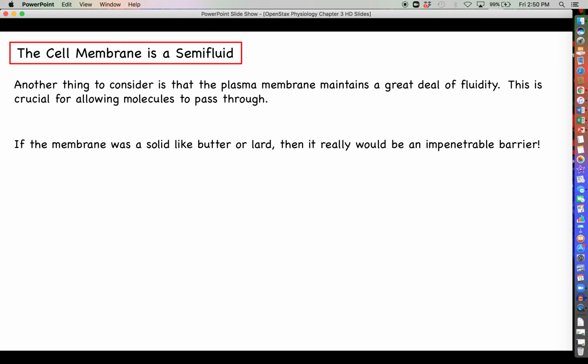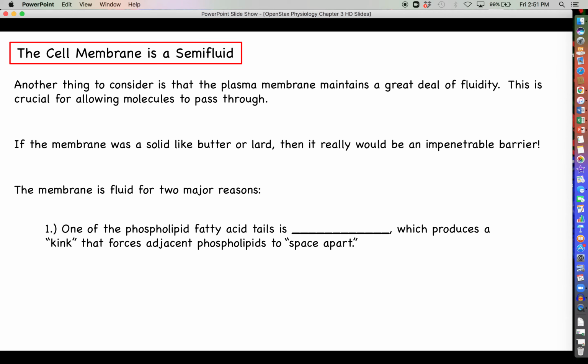Now, we do not want our membrane, which don't forget is made up of lipids, to be solid. We don't want it to be like butter or lard, because if that were the case, it really would be an impenetrable barrier. We want our membrane to be much closer to an oil, like a fluid. And the membrane does take on what we might call a semi-fluid appearance. We avoid being like butter or lard, and we are closer to being an oil for two major reasons. Number one of those two